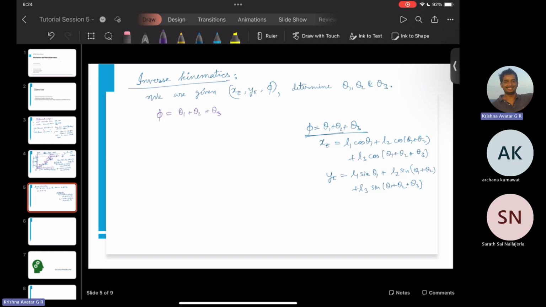So what we do is we can write XE as L1 cosine theta 1 plus L2 cosine theta 1 plus theta 2 plus L3 cosine phi, because that's what it is. The sum is known. And at the same time, let's just rearrange it as XE minus L3 cosine phi is equal to L1